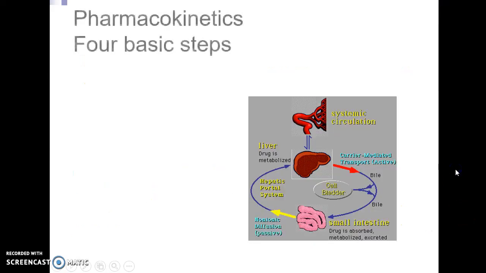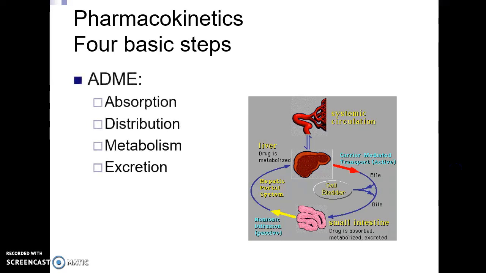So there are four basic steps in pharmacokinetics. And there's an acronym, of course, for it, and it is ADME. If you can remember that, you're probably going to see that again, maybe on an exam. And so those four steps are absorption, that is getting the drug into the body and into the bloodstream, distribution, getting it to different parts of the body, hopefully to the part of the body we want to affect, and